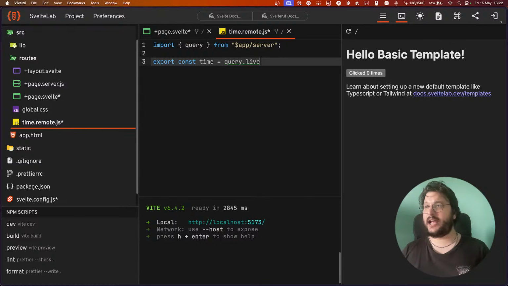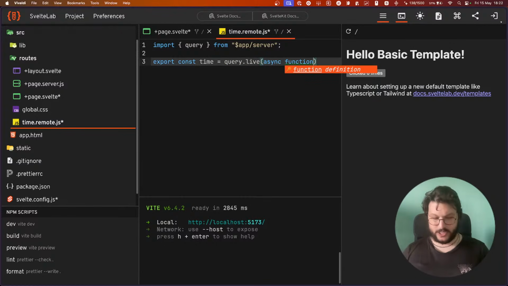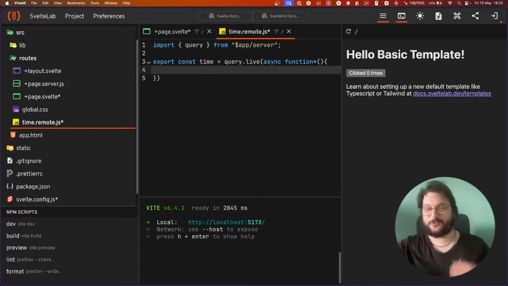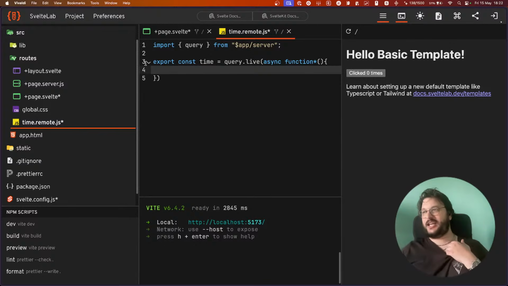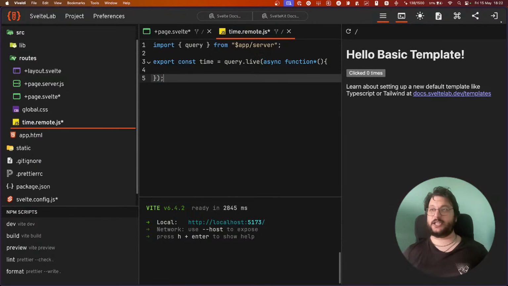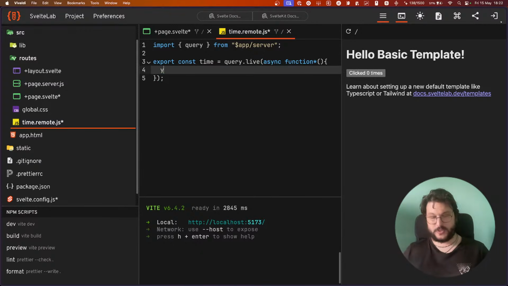Now query.live requires you to pass an async generator function. If you never use them, they are pretty fun to use. It does require this weird syntax, like you need to do async function star, but this is basically a function, and this is the only place in JavaScript where you can use yield.